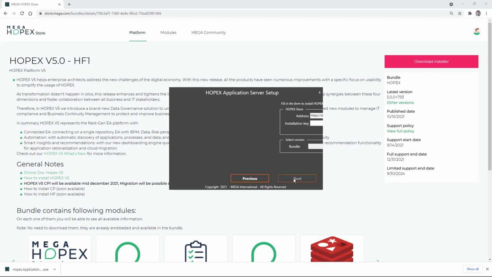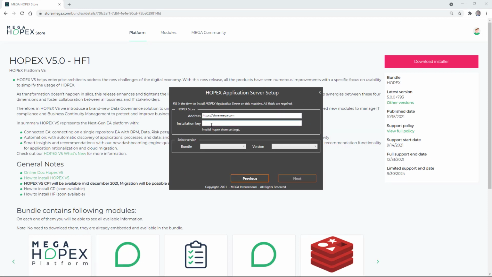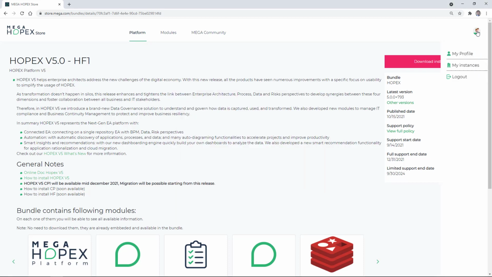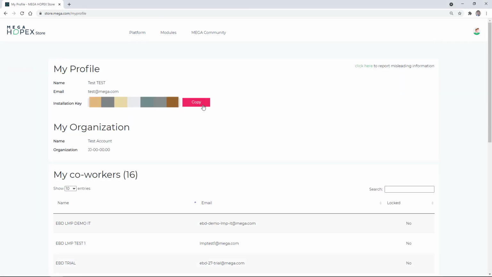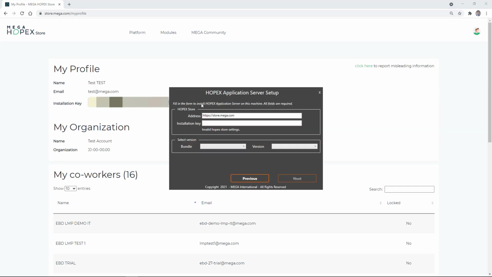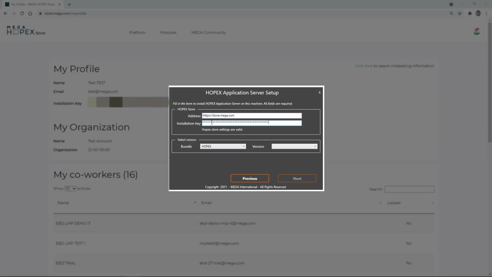and accept the license. You will be prompted to input an installation key. This is a prerequisite to proceed to the next step. Go back to the store, go to My Profile, and copy your personal unique installation key. Do not share this key with any other individual or organization. Go back then to the setup, paste this installation key,